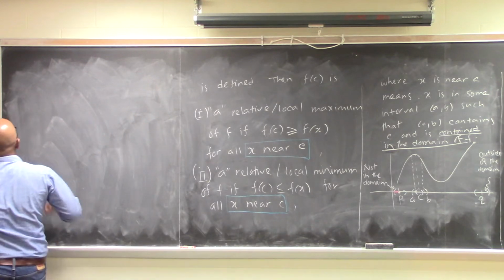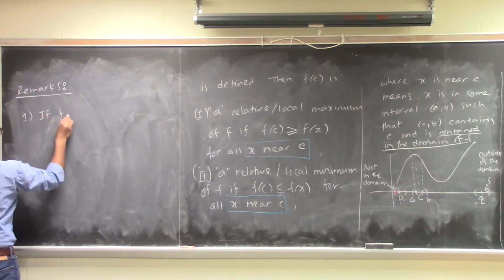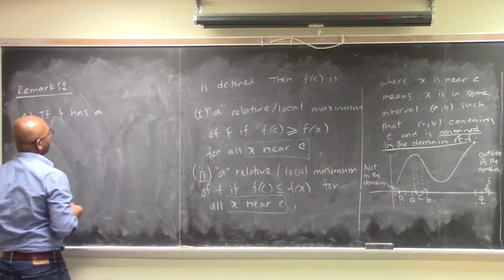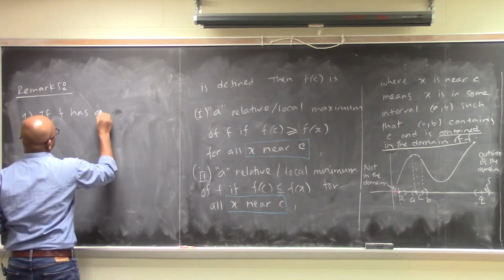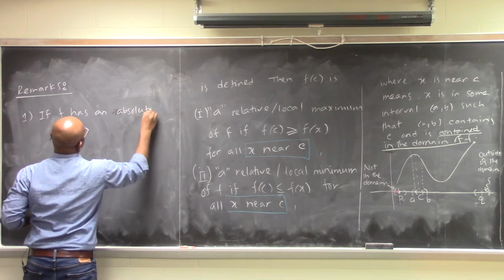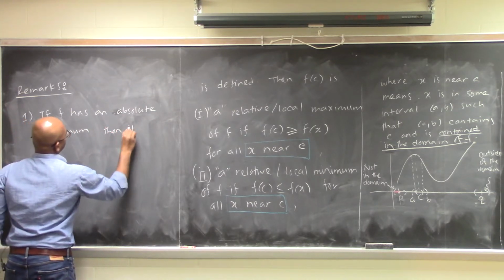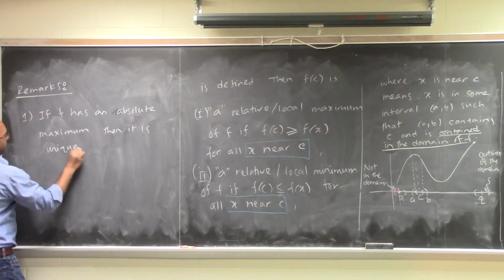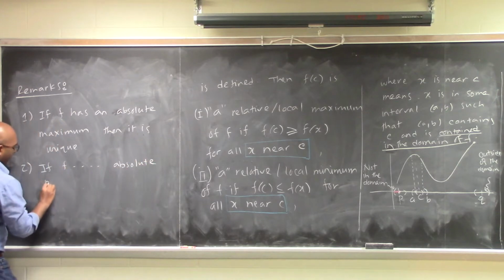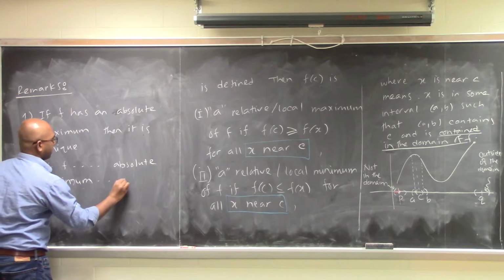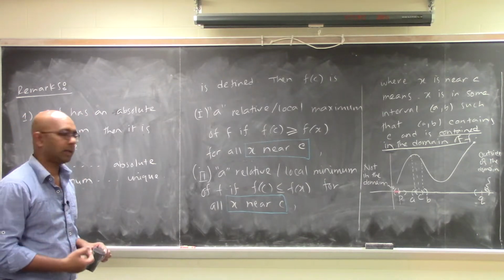All right, so then first remark is about global extrema. So remarks. If f has an absolute maximum, then it is unique. Okay, and similarly, if f has an absolute minimum, then it is also unique. That's why we say the absolute minimum, the absolute maximum. Okay, but